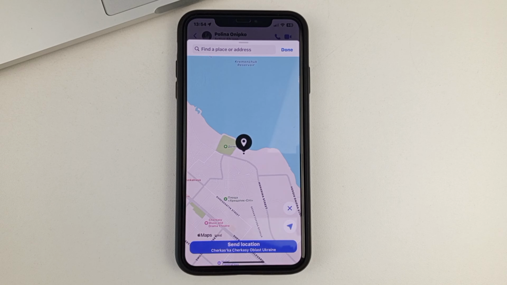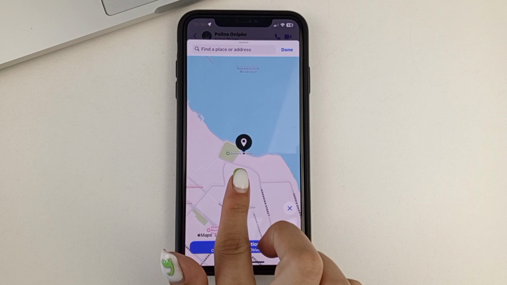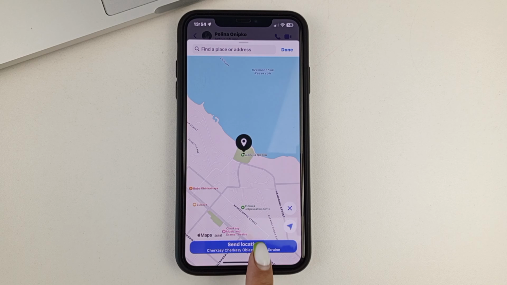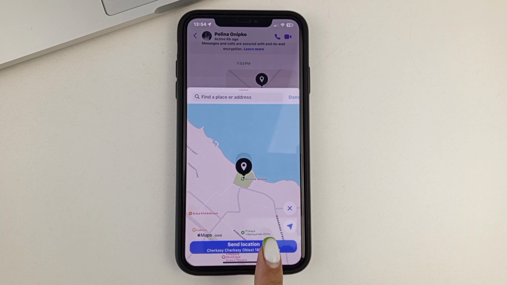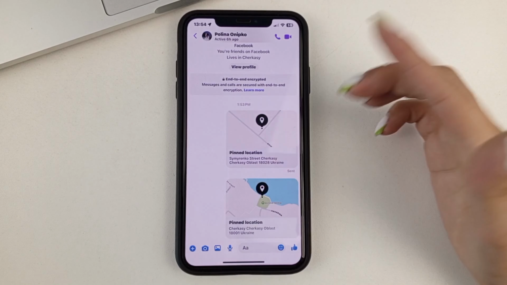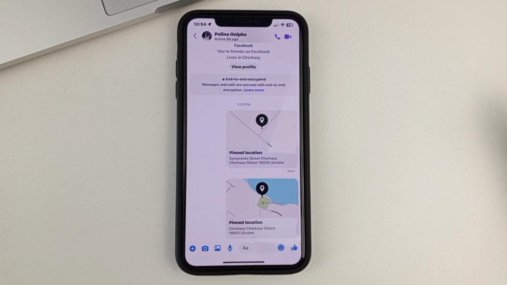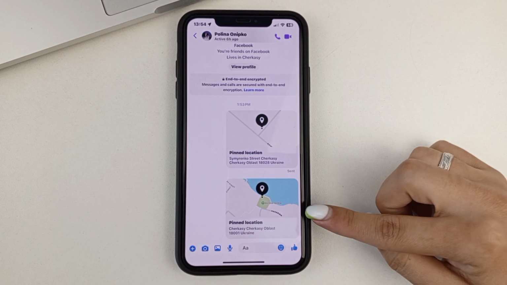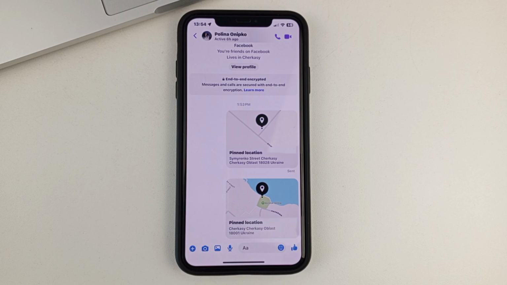It's like this. Next, you also need to send it. And as you can see, I sent 2 locations this way. That is, my location and some other location, for example, that I would like to show where it is.